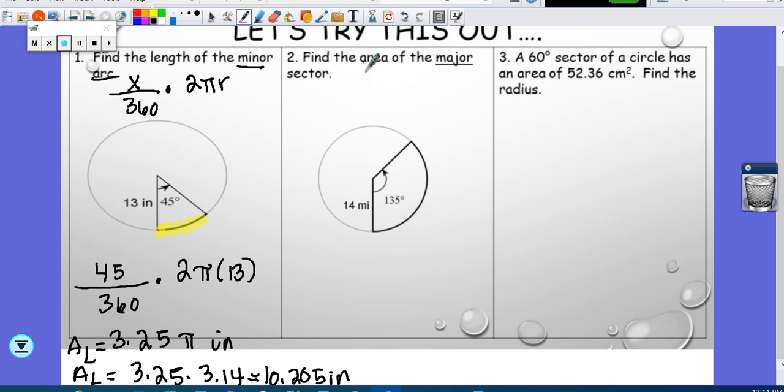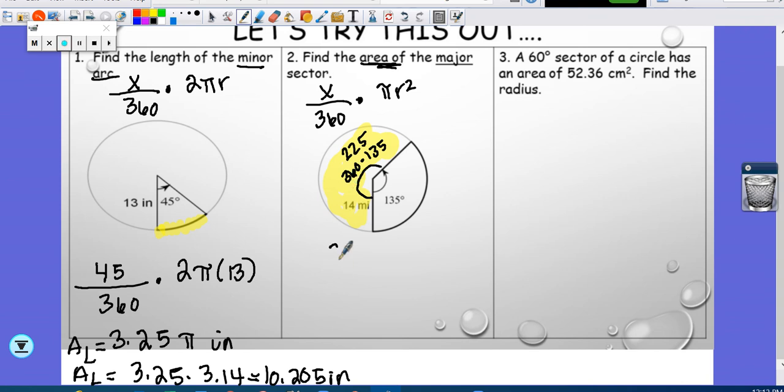Okay, so now this one, the second one says to find the area of the major sector. So major means bigger. Of these two sections or sectors of this circle, this is the bigger piece. So it wants me to find the area of that piece. In order for me to find the central angle, which is this part right here, I would need to do 360 minus 135, which is 225, so this angle right here is 225, and the formula for this would be x over 360 times pi r squared,